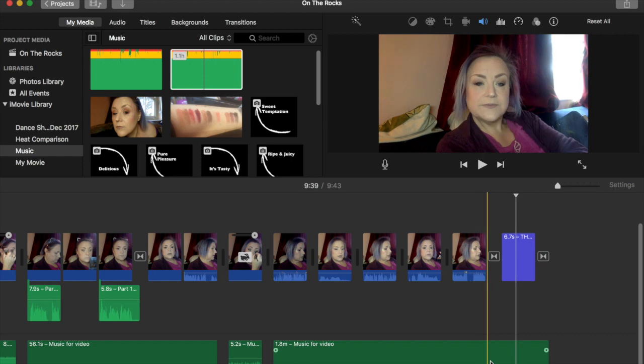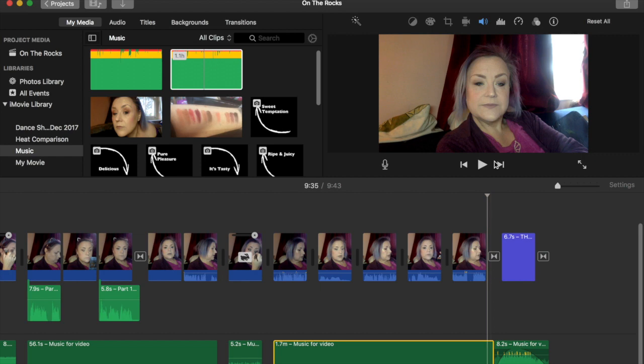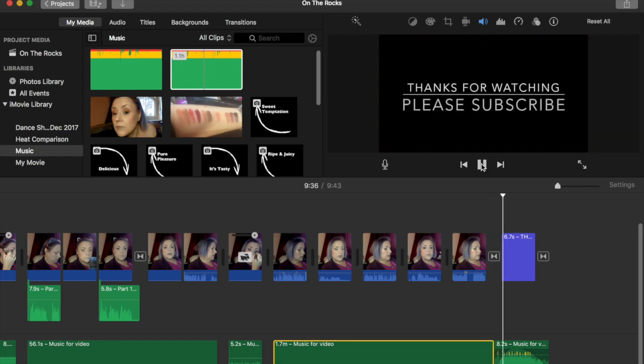And here I've realised again that the music doesn't fade up again. So I'm going to split that, bring the volume of that back up to 100%, and then fade it in from the main video, and then fade out at the end. Yeah, 3.5 seconds should suffice. So play that and make sure I'm happy with it.